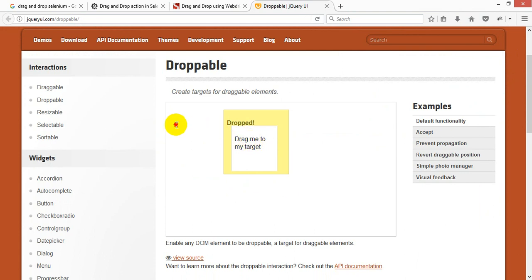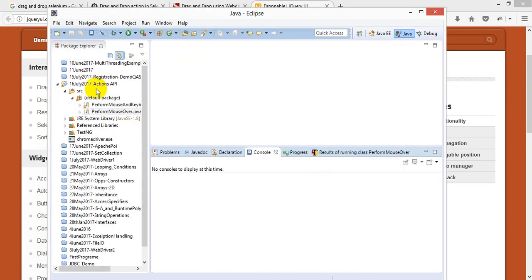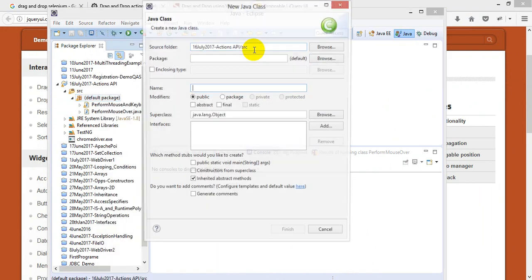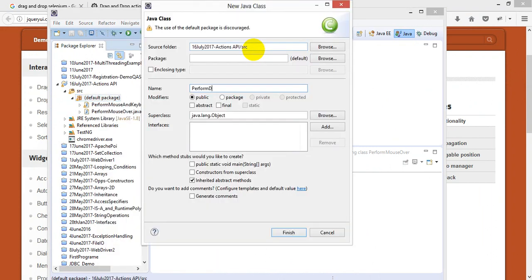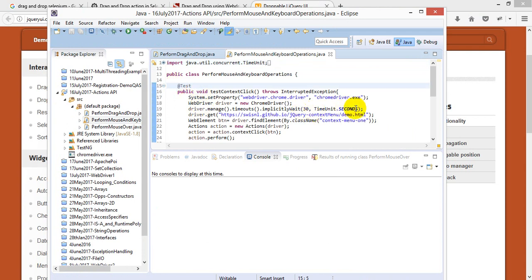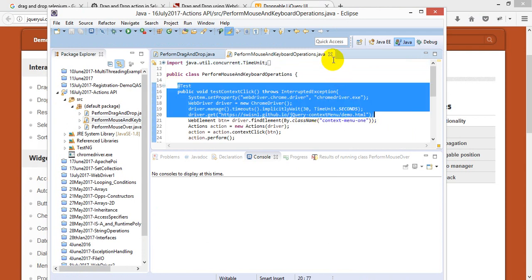Maybe you can perform some other drag and drop operation, like let's say I wanted to drag it here and drop it there, that way you can do it. It's completely our wish what we wanted to do. So I'm writing a new class, perform drag and drop. I will need some lines of code initially, so just copy pasting it